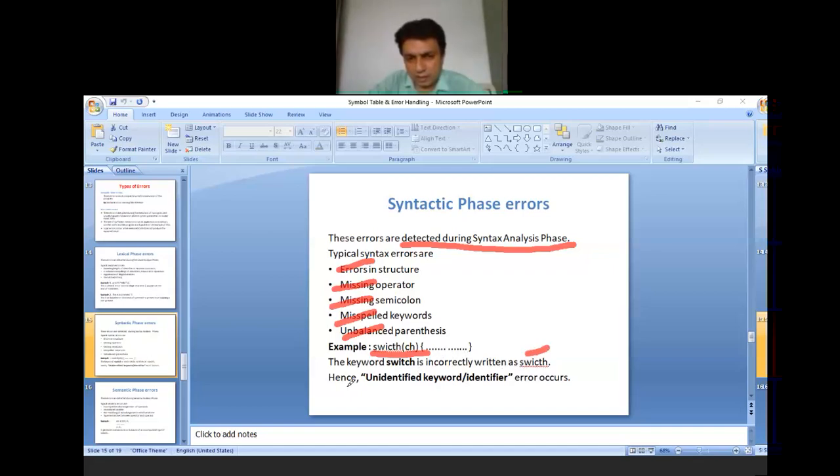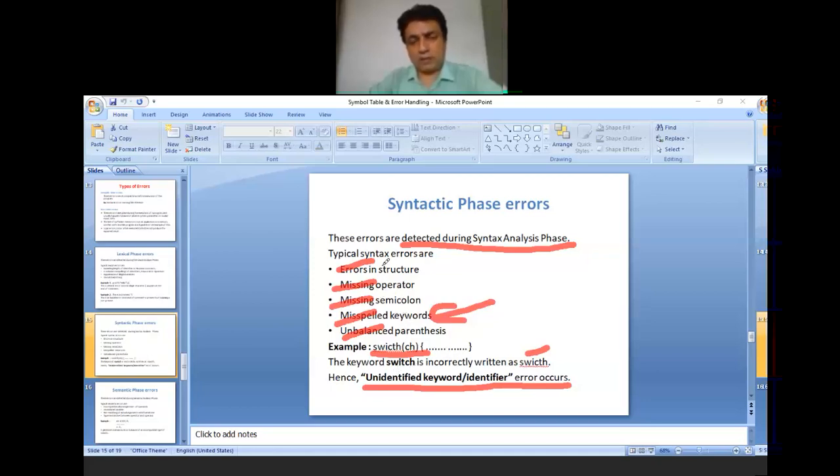Hence an unidentified keyword or object identifier error occurs. It is a form of misspelled keyword, and this type of error is a syntax phase error.